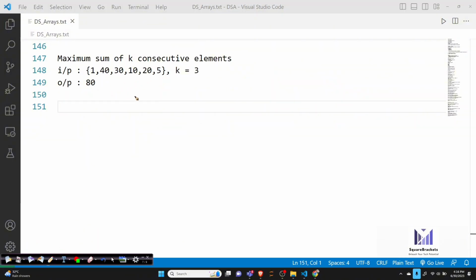So we'll start by doing sum of first 3 elements. So it will be 1 plus 40 plus 30, 71. Now, once you add these 3 elements, now you have to add next 3 elements. So 40 plus 30 plus 10. That becomes 80. Now, next 3 elements, 30, 10 and 20.